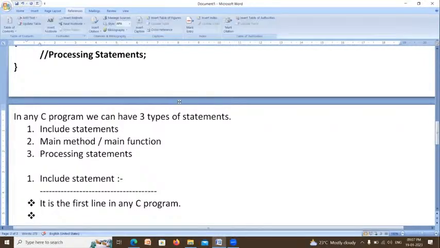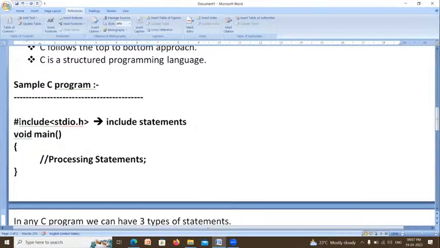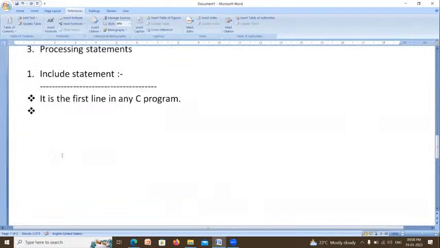It always begins with the hash symbol. The symbol name is hash symbol.